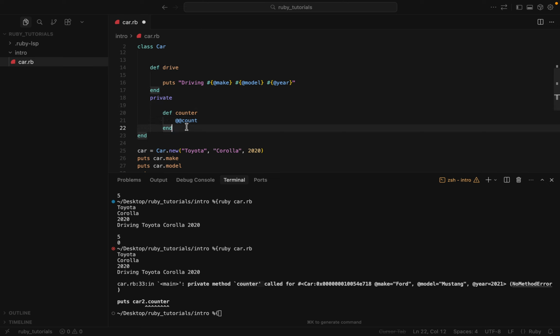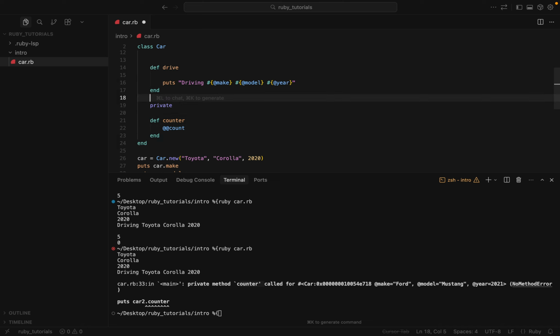So if you want to modify something internally, you have to put those things inside private. And protected methods are only accessible within this class, and also within the subclass of it. So for example,